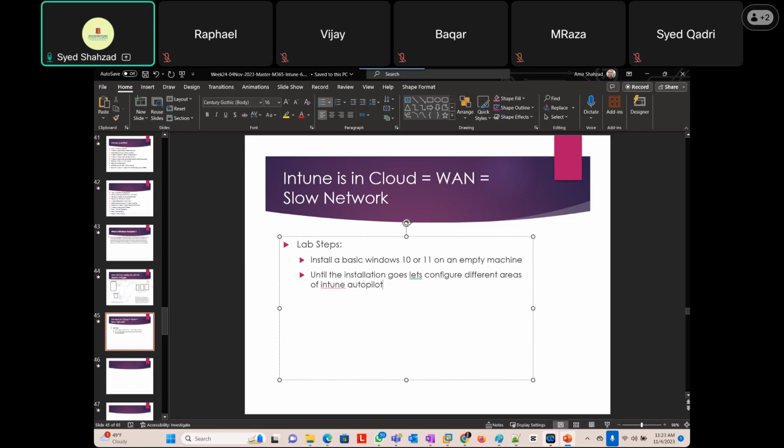Let's configure different areas of Intune Autopilot, and then